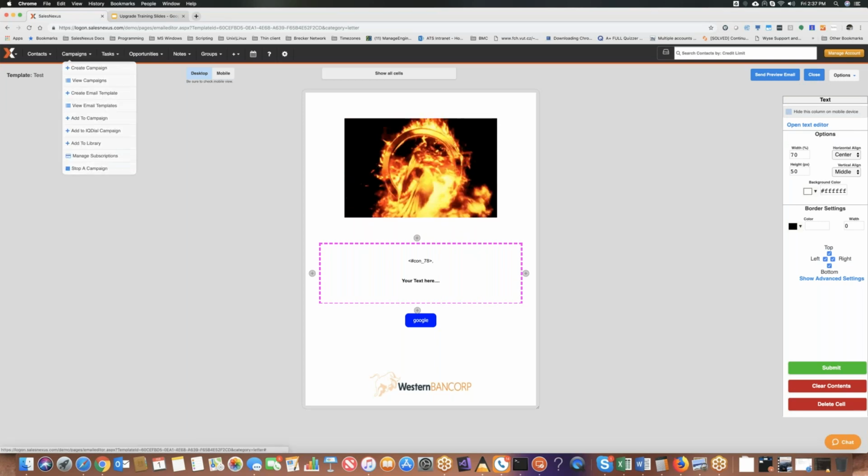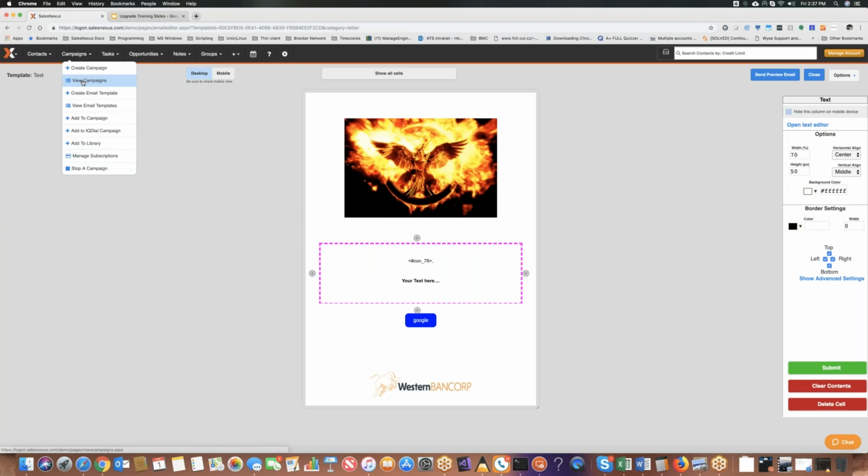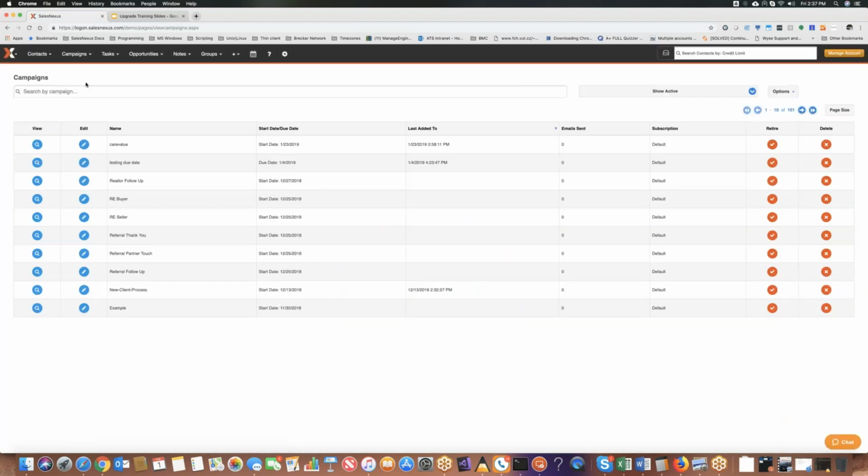A couple of the other things that are going to be interesting to you guys that do use email templates and campaigns is, in your old version, you had that long list of campaigns and you had the graph and everything, and there was a lot of wasted space on that page. Really hard to find a campaign. You'd have a campaign that was run like 3 months ago, but then you had other campaigns run 6 months ago, and so that campaign 3 months ago is like buried between other campaigns,